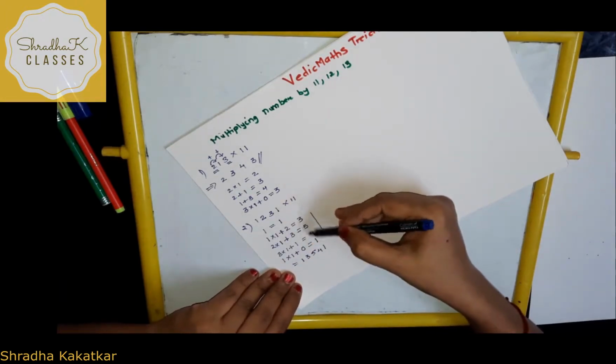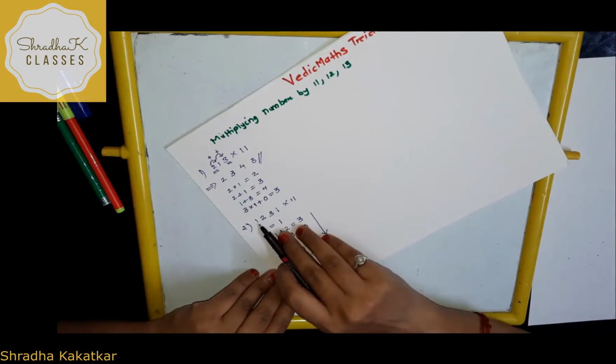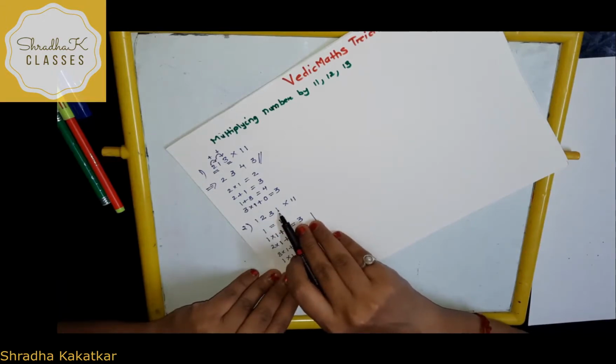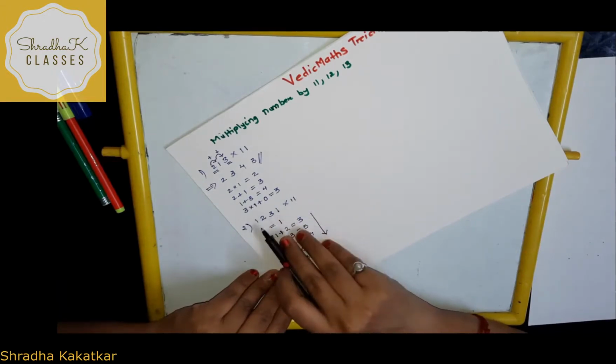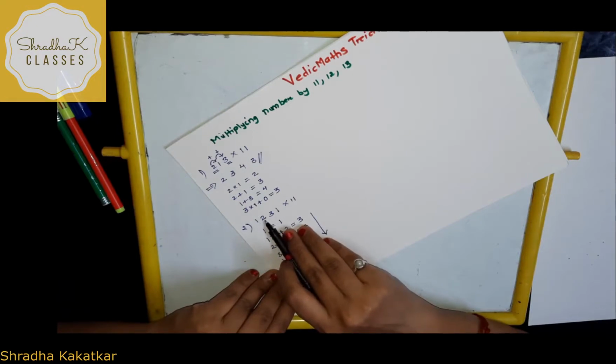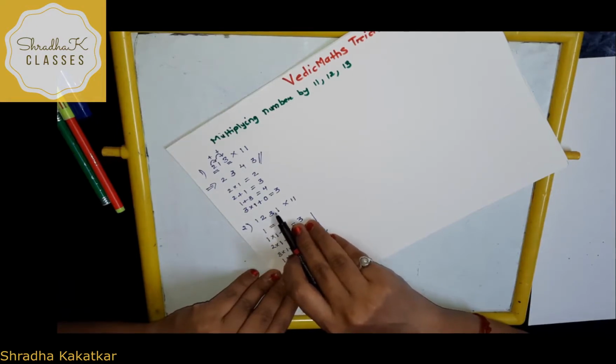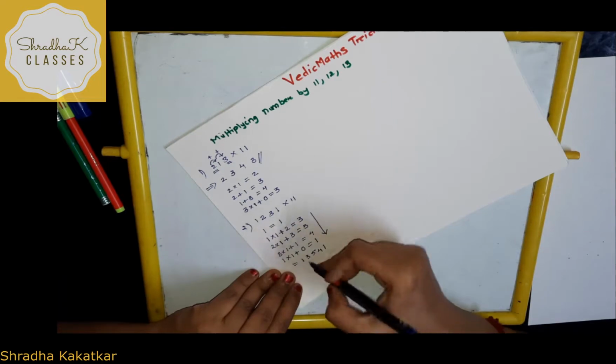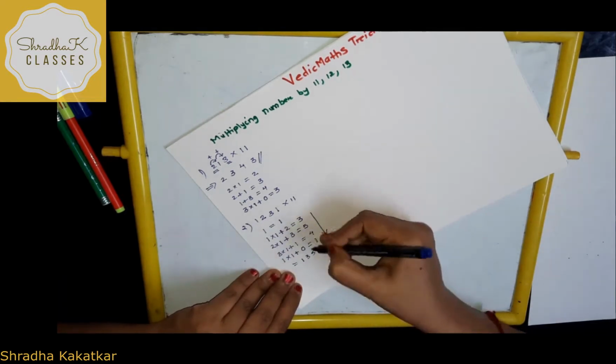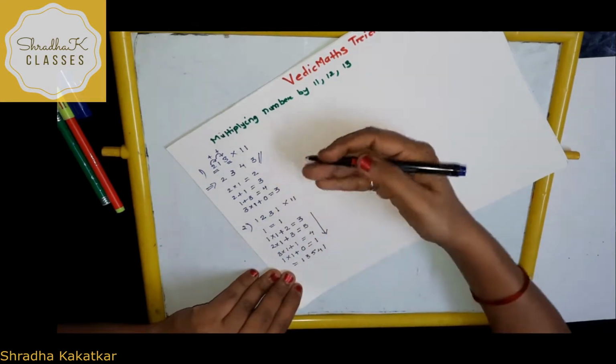Okay, there is an easy way to do this in the mind. You don't have to do all of this. Just see. You have to write the first number as it is and the last number as it is when multiplying by 11. Then 1 plus 2 is 3, then 2 plus 3 is 5, and 3 plus 1 is 4. Just write those numbers in between. You can do this quickly in your mind.